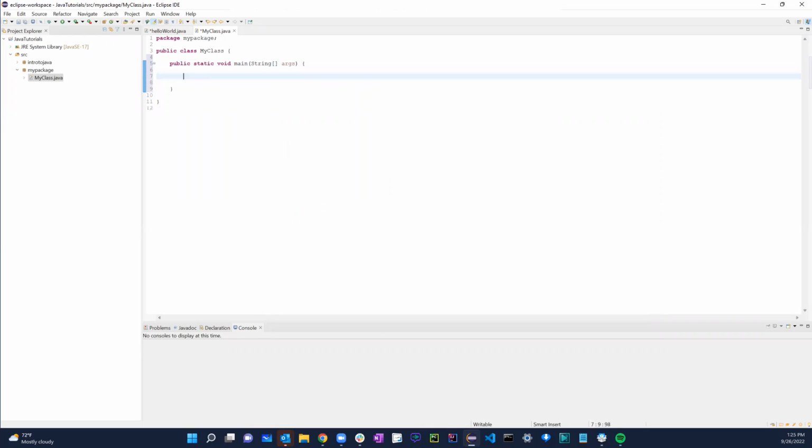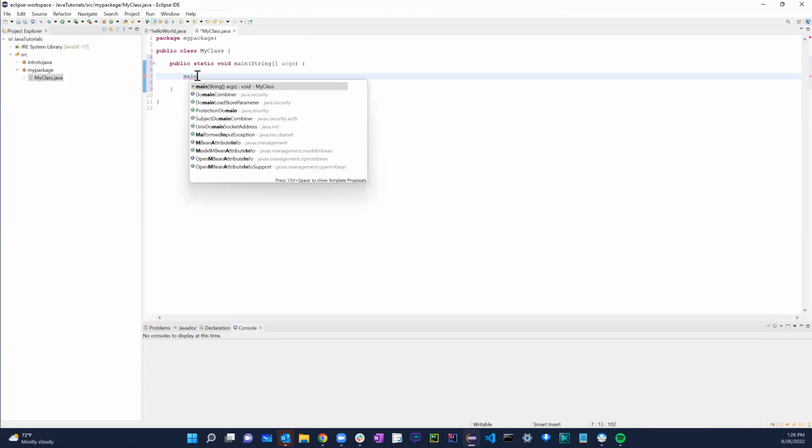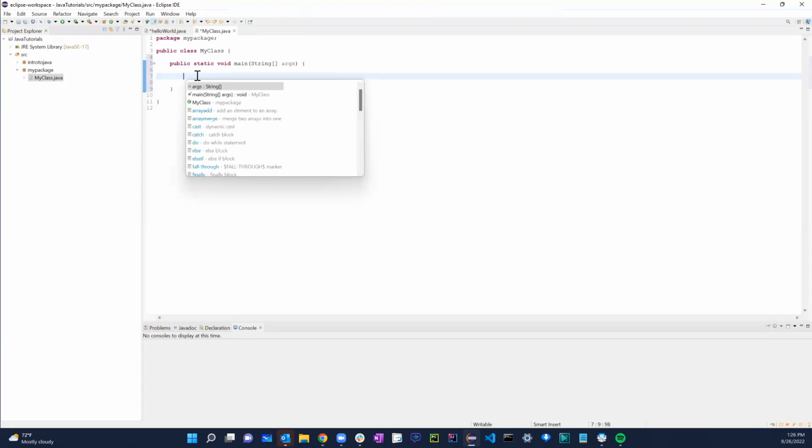This is like, it's like a helpful tip. Just like in Google, it'll give you whatever you're searching for, that auto result or auto search almost. So whatever you type in, if I type in main or something like that, it'll just give you all those things. Now, if I want to, let's say,